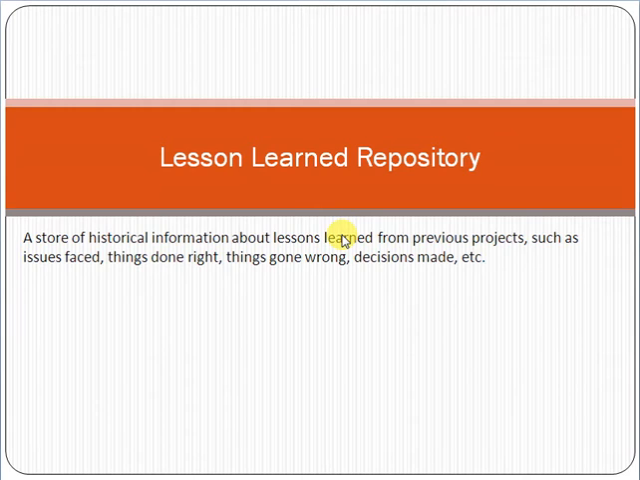Now, lesson learned repository. A lesson learned repository is a store of historical information about lessons learned from previous projects, such as issues faced, things done right, things gone wrong, decisions made. So whatever historical information is related to lessons learned, you can make a repository. Repository means some shared server, some shared location, at which you can share all those lessons learned. For example, you have implemented 5 software development projects and you have 5 lessons learned documents,